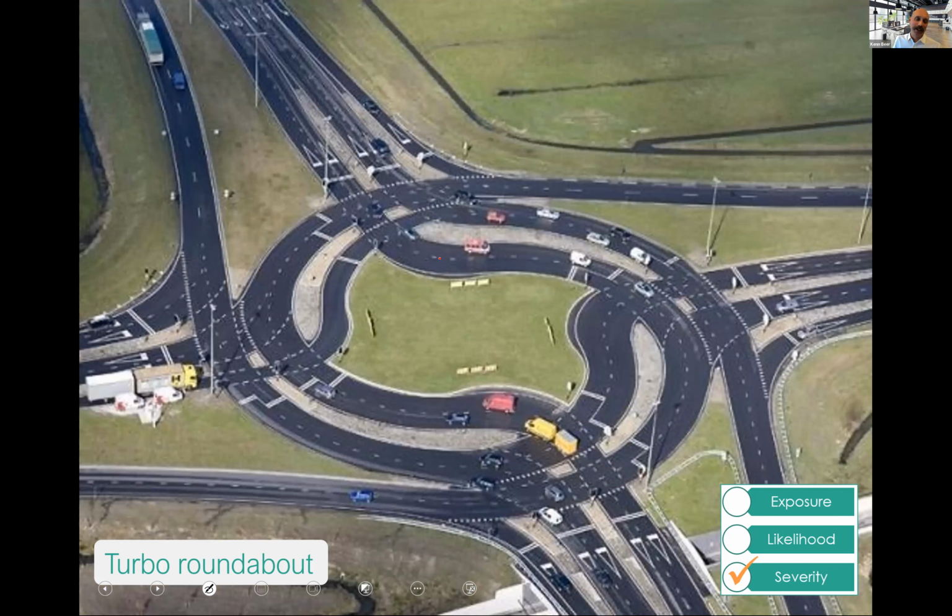I put this up, this is just fun. It's a turbo roundabout in the Netherlands, and I was talking to a Dutch engineer about this, and they were out in Australia, and we were doing some stuff on cyclists and roundabouts with them. I said, this is fascinating to me. Like in Australia, this would